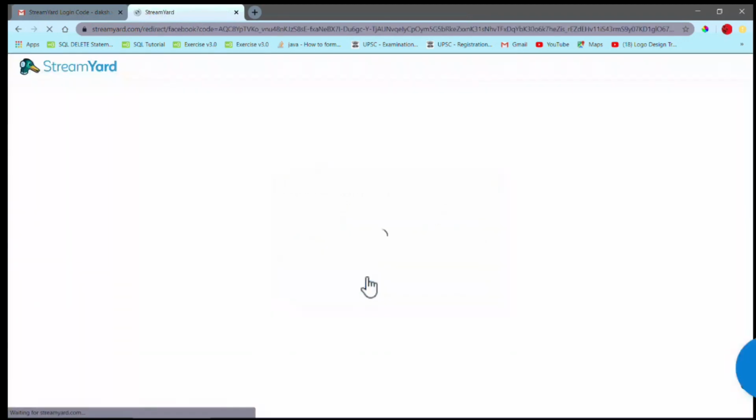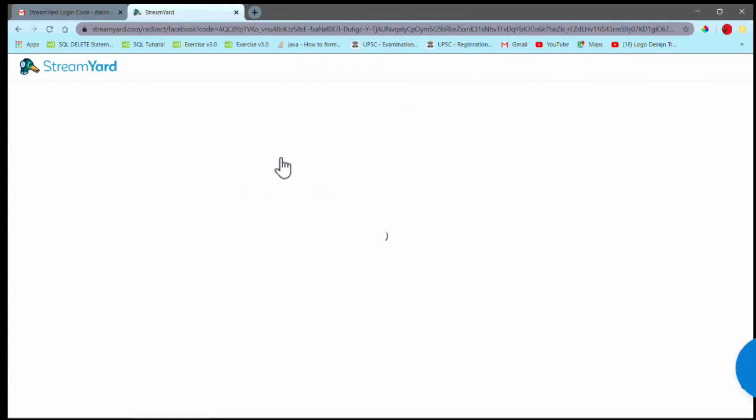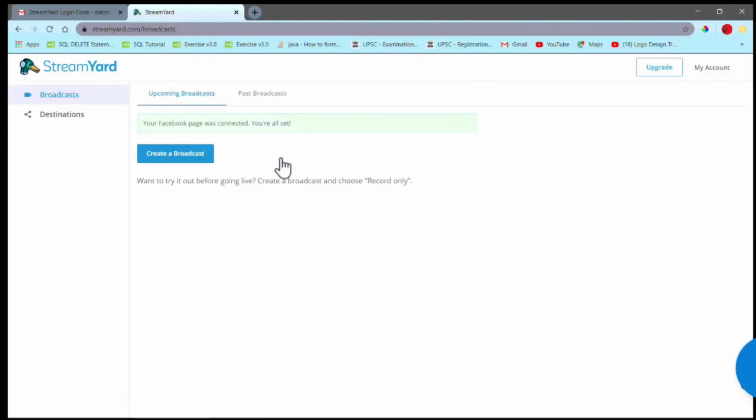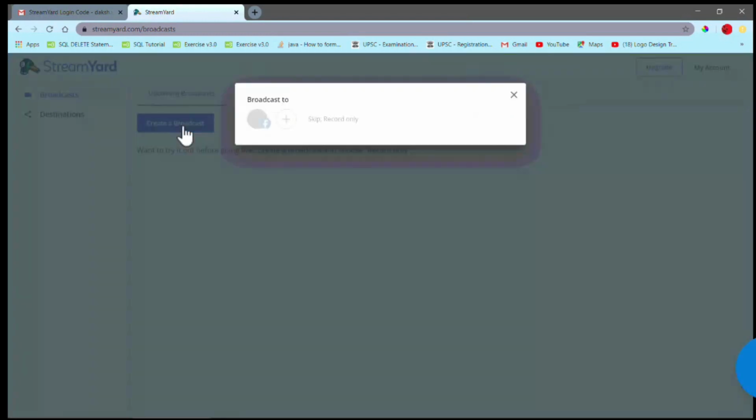When you click on connect Facebook, it will show you the pages which you are admin or editor of. After you click on the page you want to go live on, it will take you to a screen where it shows create a broadcast. Here you need to just simply click on create a broadcast.